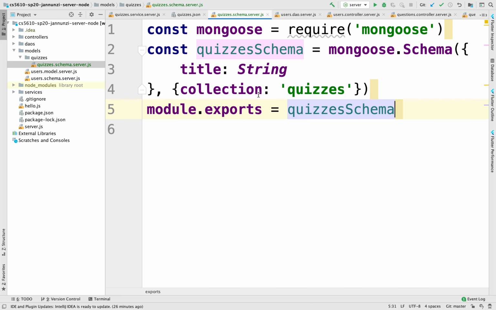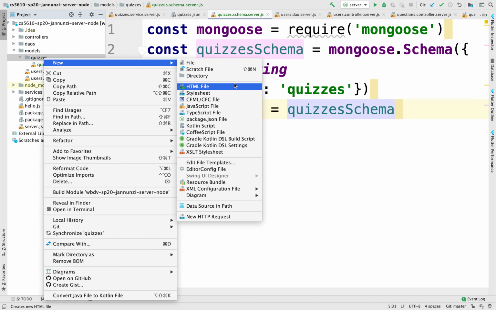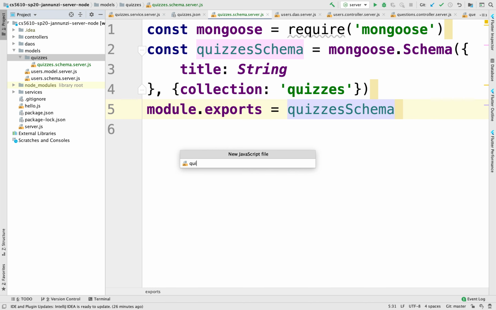Right, so here we have the schema of the quizzes that we want to interact with. We're also going to need the model, the mongoose model, that's going to give us the low-level, generic CRUD functions that are going to allow us to interact with the database. So let's, in a separate file, create a quizzes